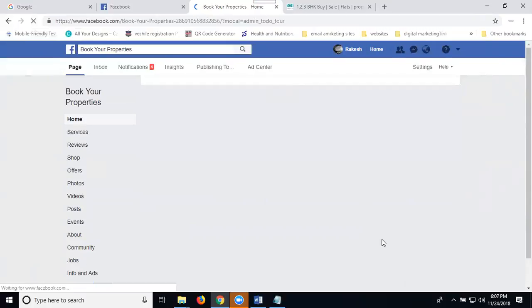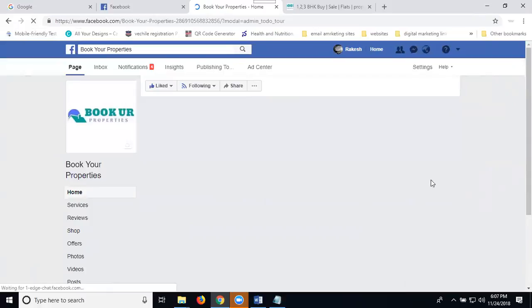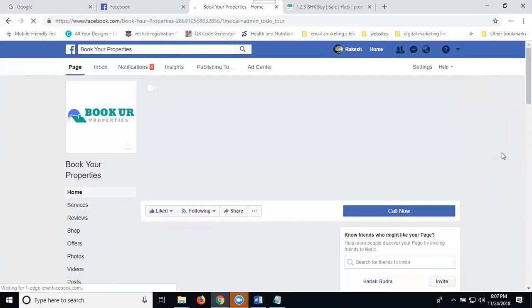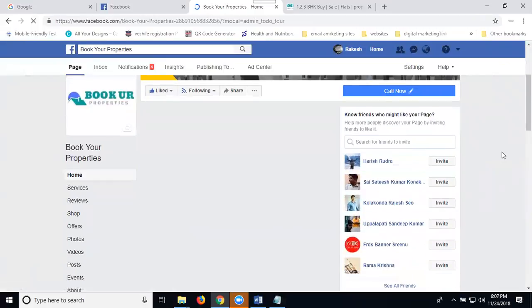Just loading the page. Wait for a second. I'm clearing this page of posting. Now you can see this. How many images am I adding? I'm adding 10 images, or maybe 11 images. Now you can see them coming to your page.